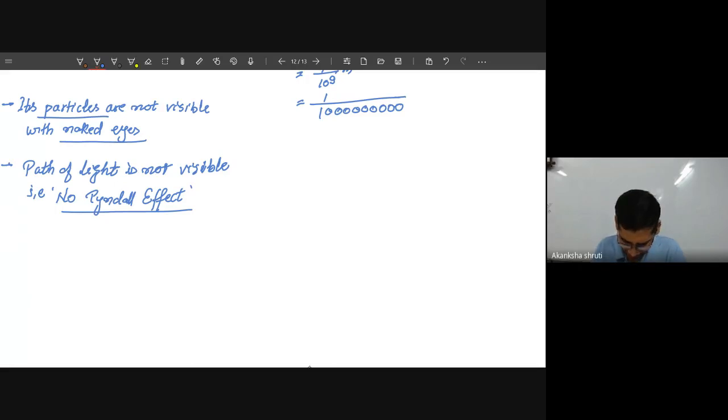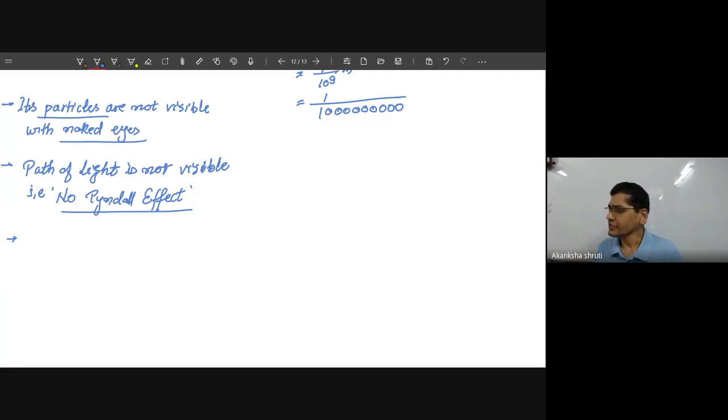The other thing that we have learned in homogeneous and heterogeneous was, if we leave the heterogeneous mixture for a longer time, the particles get settled because of their bigger size. But in homogeneous, this is not possible. It means for the solution, if you leave it for a longer time, its particles will not settle down. It means there will be no sedimentation. These are the characteristics that you have to keep in mind.